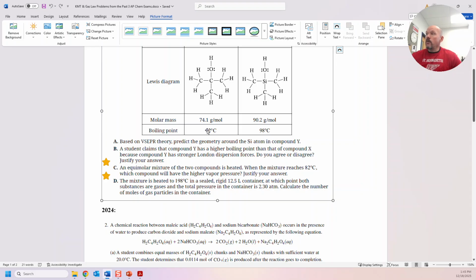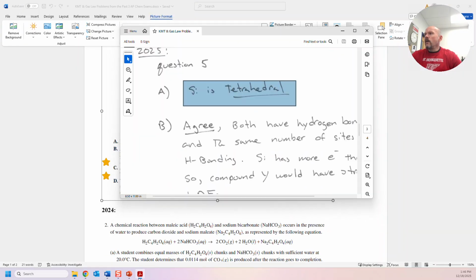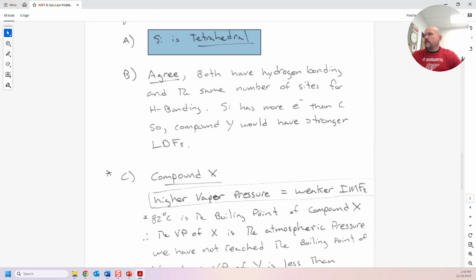And again, when you have a lower boiling point, you have weaker IMFs, and a liquid with the weakest IMFs would have the highest vapor pressure. A liquid with stronger IMFs would have a lower vapor pressure because fewer particles would be able to be in the vapor state and have a pressure, okay? So now, that's really all you would have to say. So that's why I have a box around here. So compound X would have the higher vapor pressure, and your justification could just be because it has weaker intermolecular